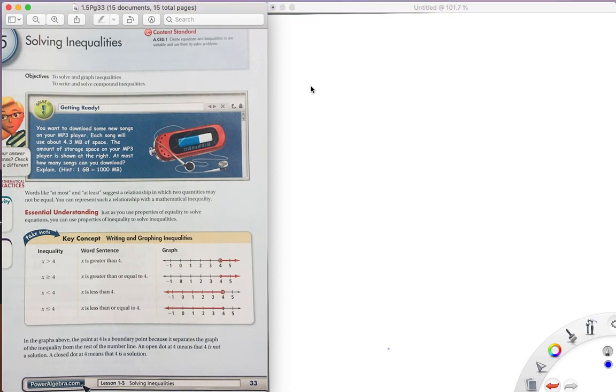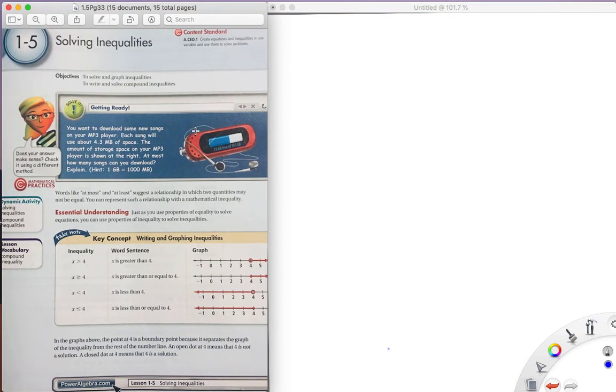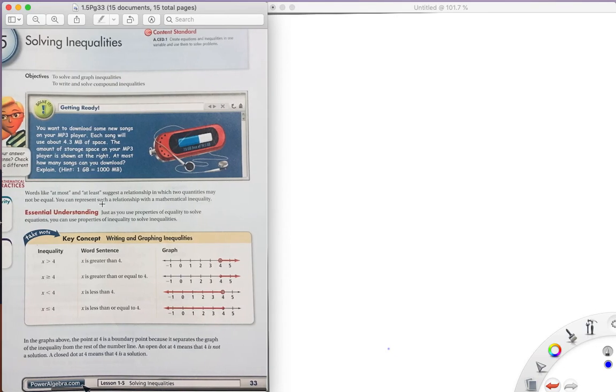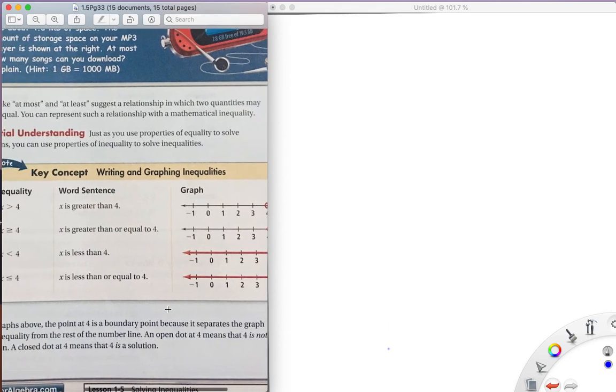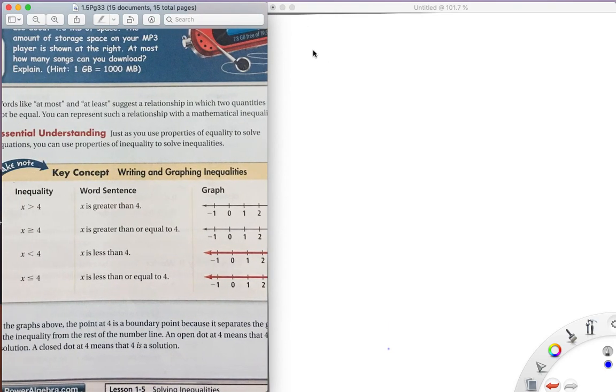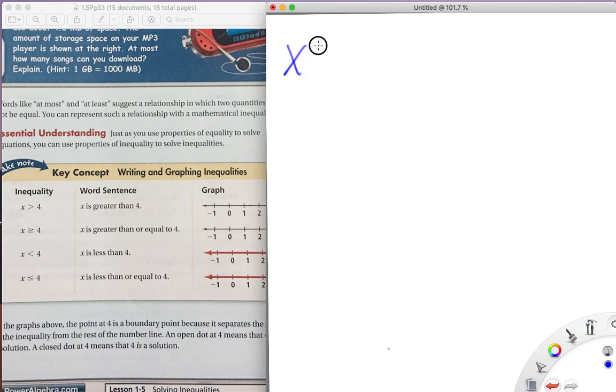Alright, so this is section 1.6, solving inequalities and absolute value inequalities. Remember, inequalities are greater than, less than, greater than or equal to, or less than or equal to. So if we have x greater than 4, and we were to write this on the number line,